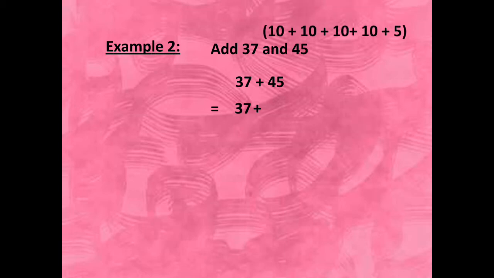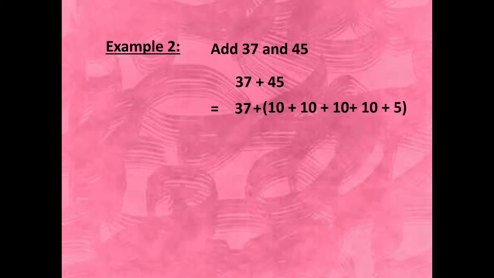Now we will take one more example, 37 and 45. So first we will write 37 as it is, and then how many times are we going to write tens? 4 times, because 40. 10 plus 10 plus 10 plus 10, then 5, the remaining number. Then we will group them into one, that is 37 plus 10 plus 10 plus 10 plus 10 and the remaining number. Then 37 only count in tens.